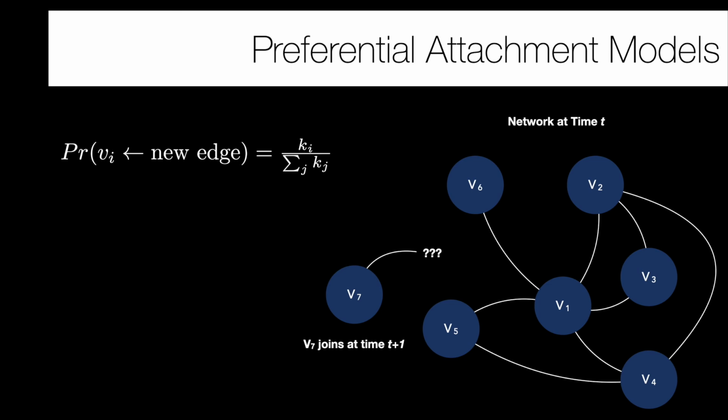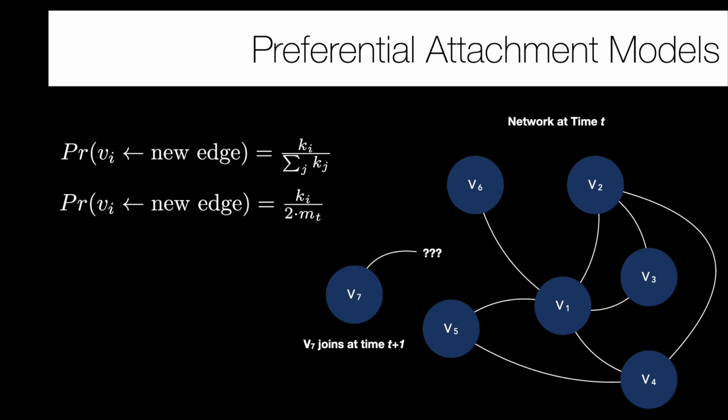So when a new node comes in, we can select a node from the existing graph with likelihood based on its degree, by the degree of that node divided by the sum of all degrees. And we know that the sum of all degrees is 2 times the number of edges in the graph, since every edge in the graph contributes 2 degrees. So we can directly rank the nodes with the highest likelihood of getting a new